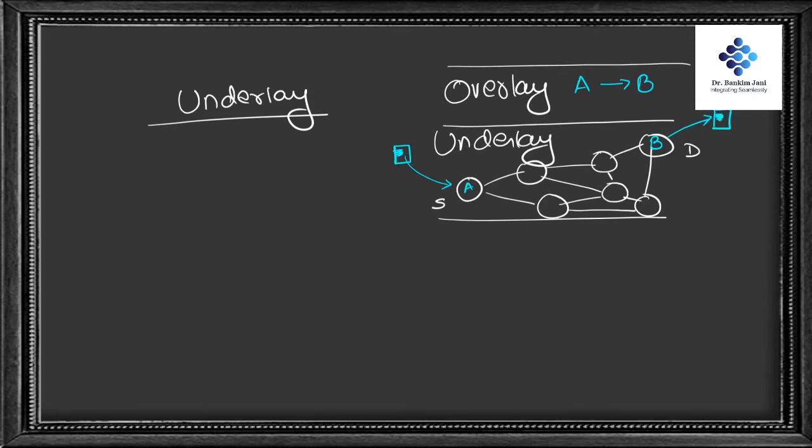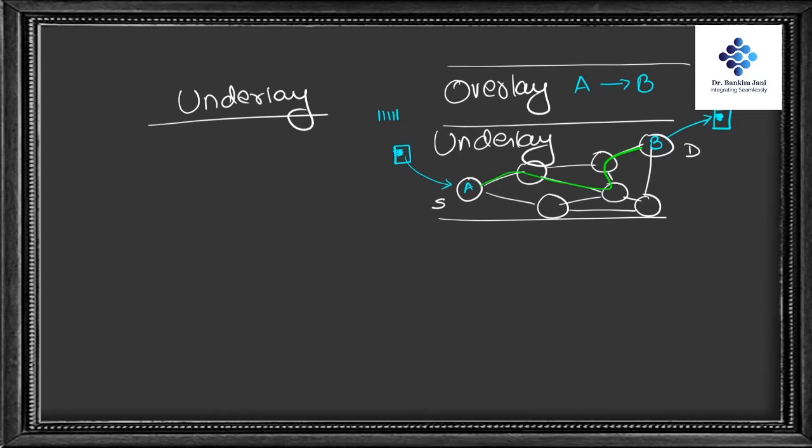So that's it. Overlay will be talking in that fashion. Overlay will be telling that, okay, say this is VxLAN 11111, and it should be traveling from point A to point B. It is the trouble of underlay. Underlay would say, okay, the best path at this point of time is this, so I'm taking it via that path. Overlay would say, oh, do whatever you want, just it should reach. So it is the underlay which is working on the process of transport, and overlay which is actually handling the